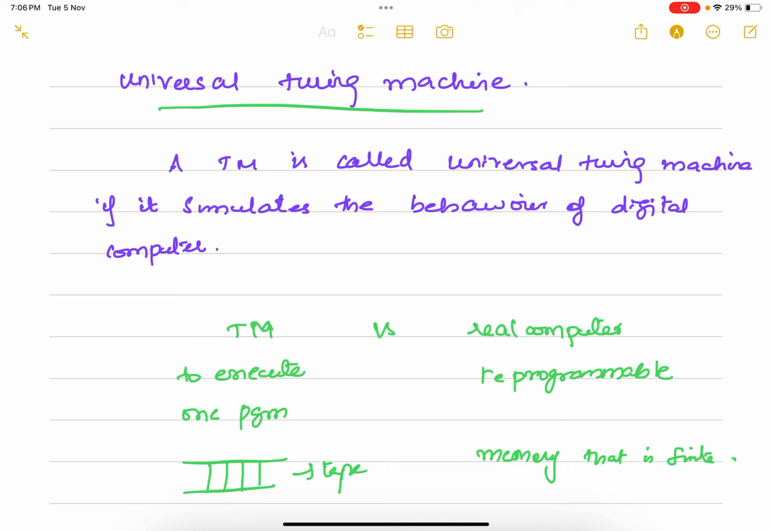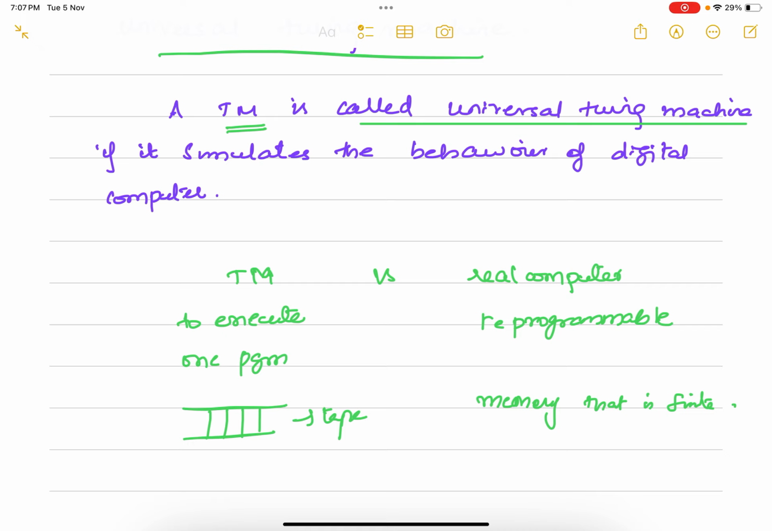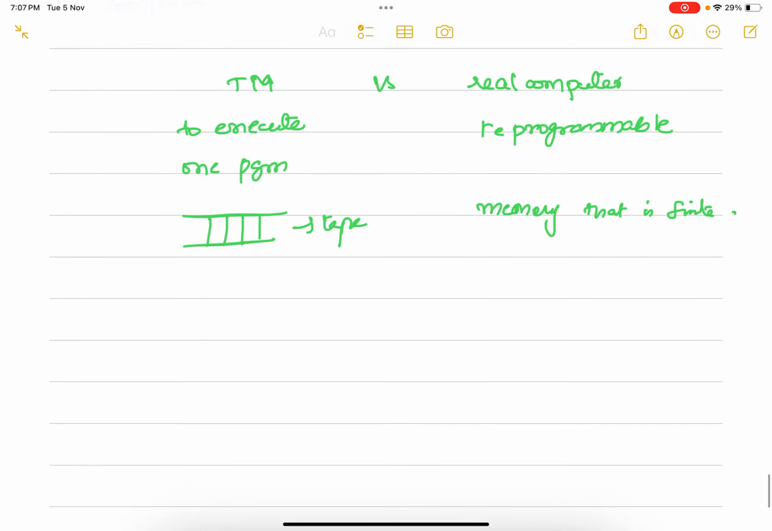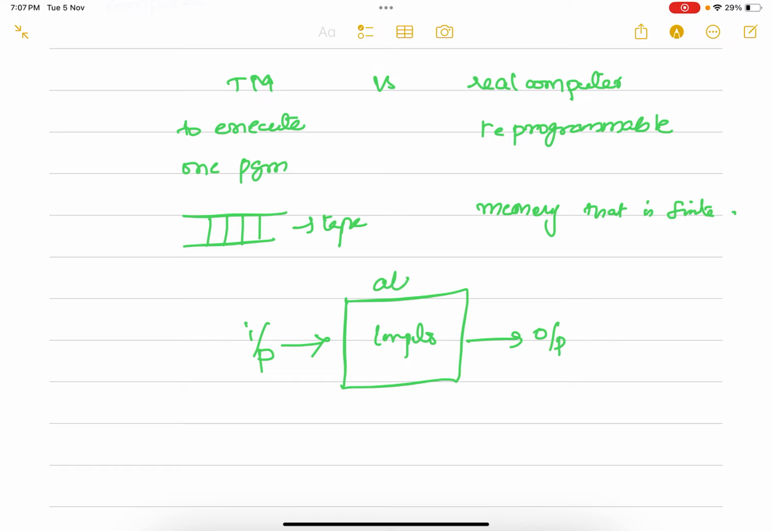A universal Turing machine is a Turing machine. It is called a universal Turing machine if it simulates the behavior of digital computers. So we call a Turing machine a universal Turing machine if it simulates the behavior of digital computers. In a digital computer, we give some input, and the computer gives us the output based on some algorithm. We give step-by-step instructions to the computer to tell how to process this input according to